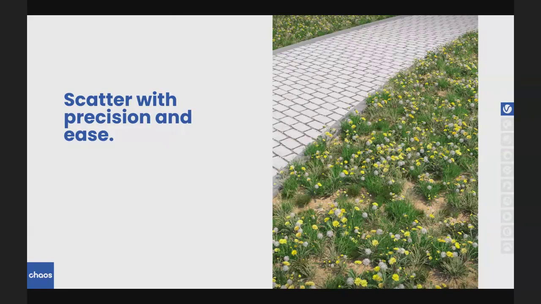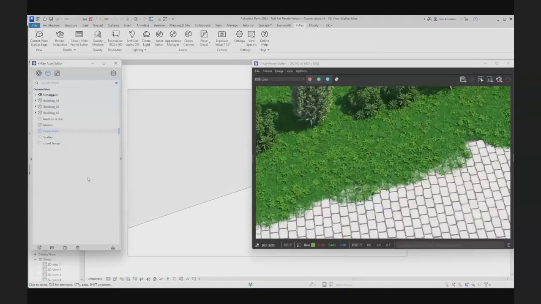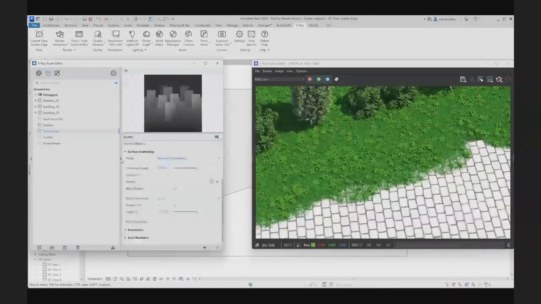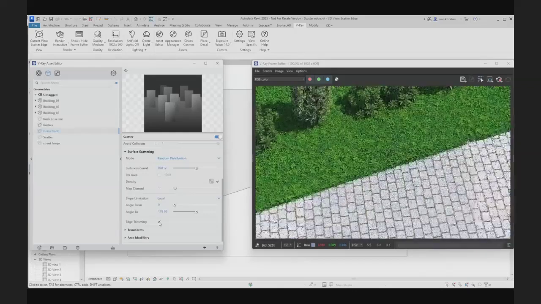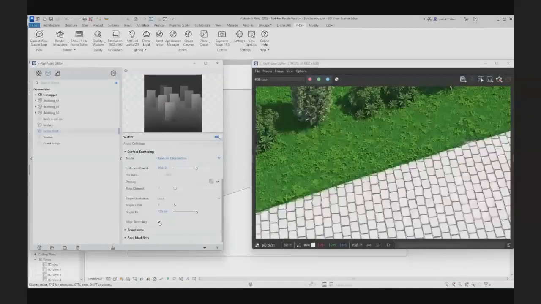But the thing is that very often when we have these things, they are getting out of the edge of the boundaries. And this is something that I was discussing for many years with our users, and they wanted to have something to trim them, to cut them. So now we're introducing a new option to trim all of these things. Just need to click the edge trimming, and we will have the perfect edge every time just with a single click.